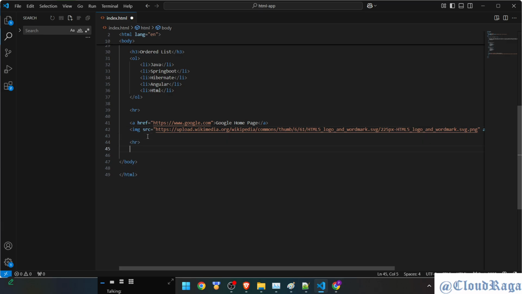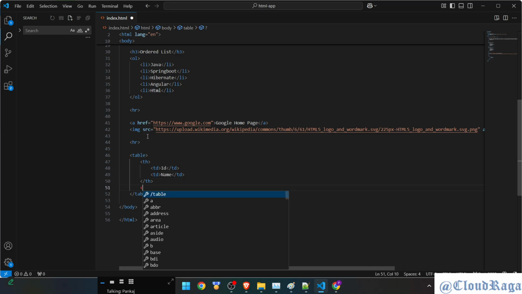HR. So start with table, tag closed. Then here you can start with th, like how many headers are there, th. Then every header will have a separate section, cells. So I'll say ID, and next cell will have let's say name. Once header is done, I'll create table row,